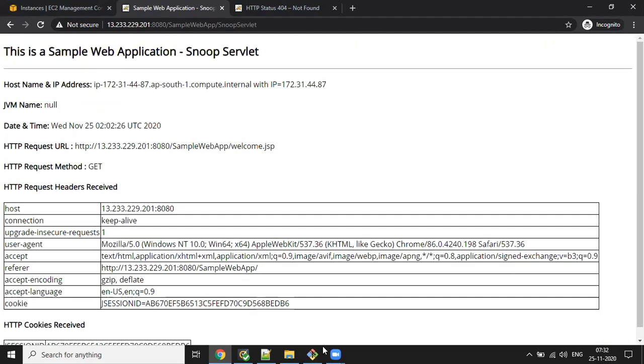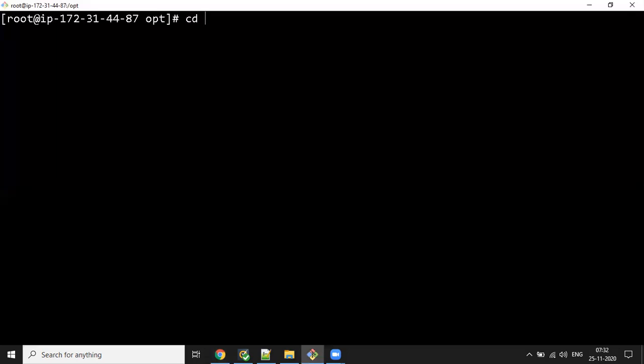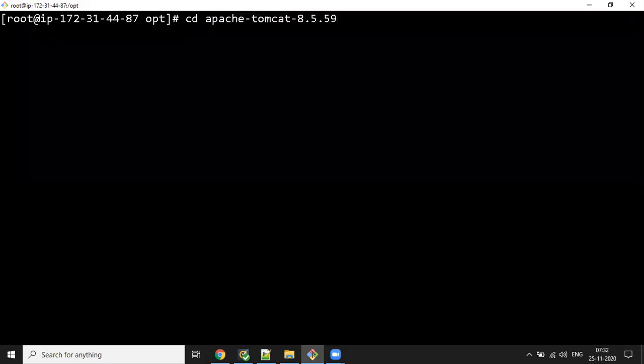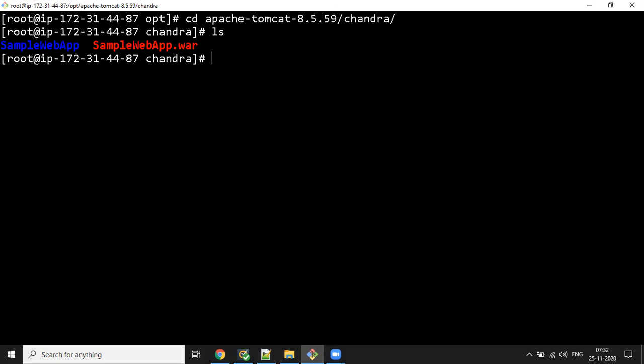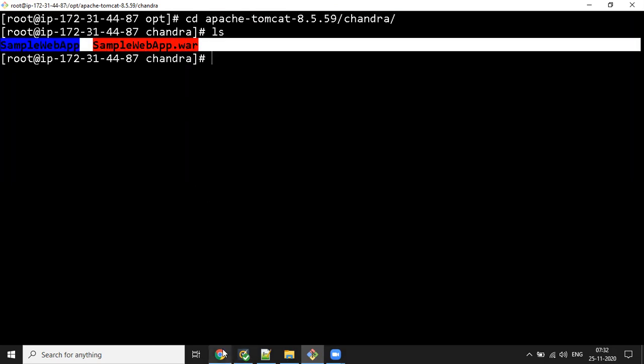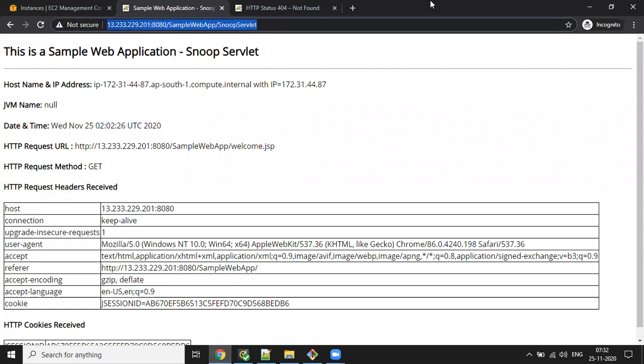Now I can check inside the Chandra folder. See, we deployed and the application is there. Here, the extracted application is here. This is how you can take your own directory or folder for deploying applications to the Tomcat server.